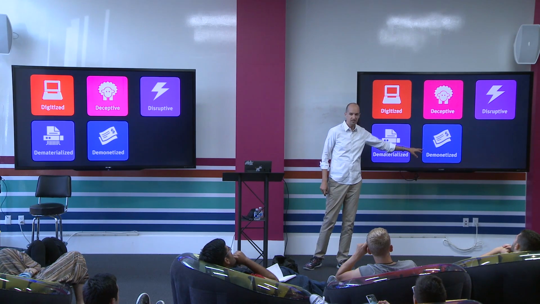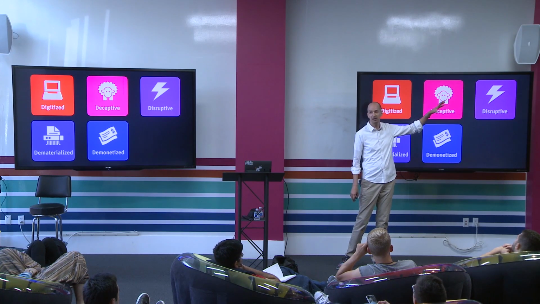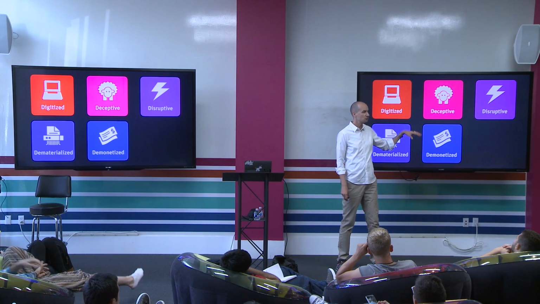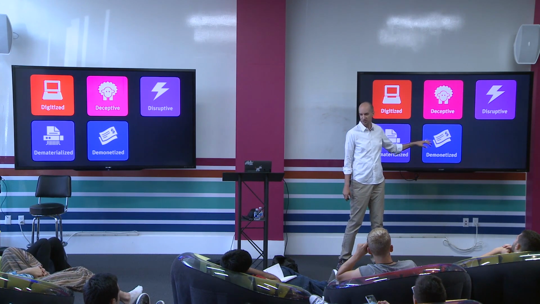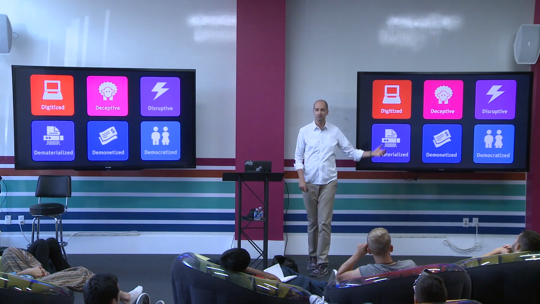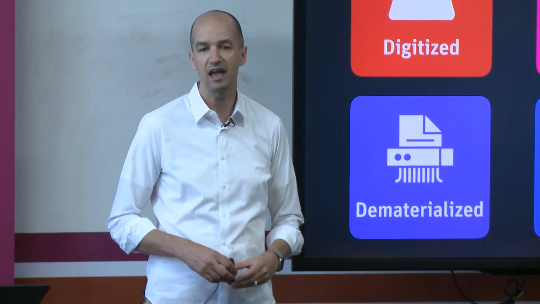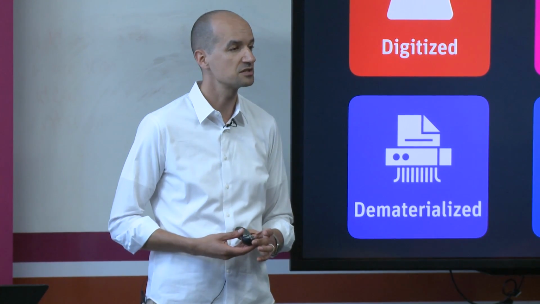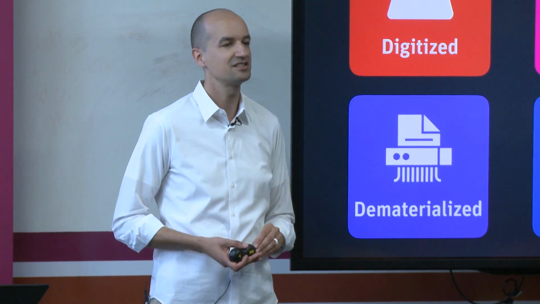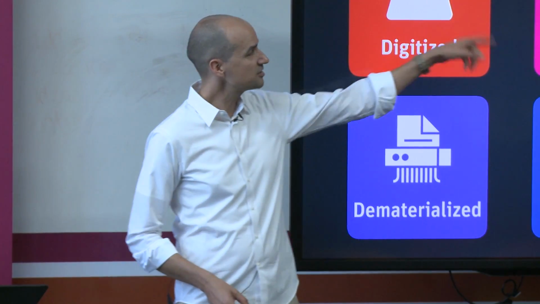Once that happens, you demonetize it massively. You go from a $500 camera plus all the supplies, film and processing, to, well, actually you get it more or less for free. And then you democratize it. Now everybody has a camera. There are now 3 billion pictures uploaded to photo sharing sites such as Facebook every single day. 3 billion pictures, and there are 3 billion people on the internet. So literally every person on the internet takes at least one picture a day and uploads it to the site. You can play this with other industries as well.